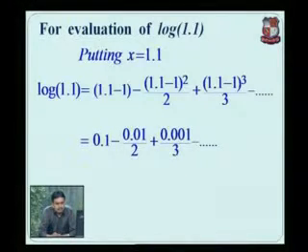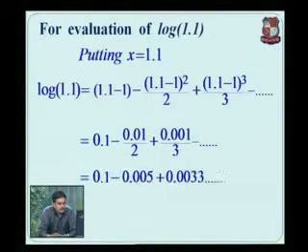Third term is (1.1 minus 1) power 3, so cube power is 0.001. So expansion is 0.1 minus 0.01 divided by 2 plus 0.001 divided by 3 and so on. So first term 0.1, second term, if we divide by this, then we have 0.005, plus 0.001 divided by 3, so result is 0.0033. But here infinite terms are there, that's why if we simplify this, then this value